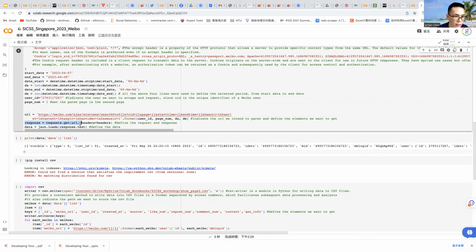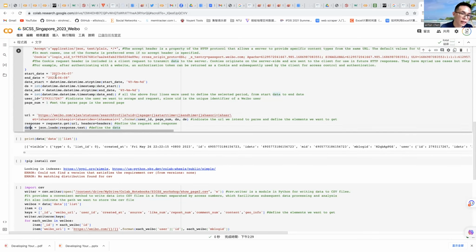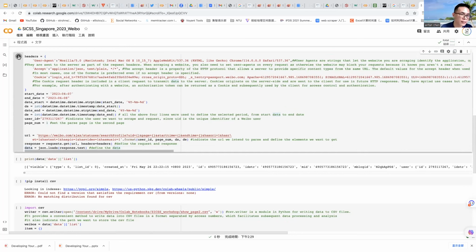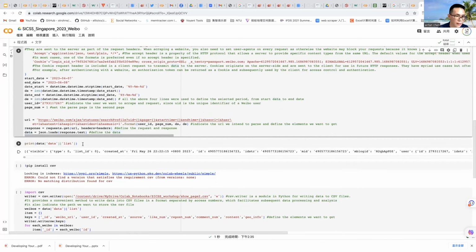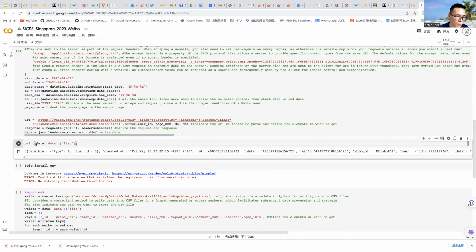And we get the URL, and the data we define as data in JSON format. Let's try what will happen. Okay, it's complete. And see, you can print the data and see what we get.